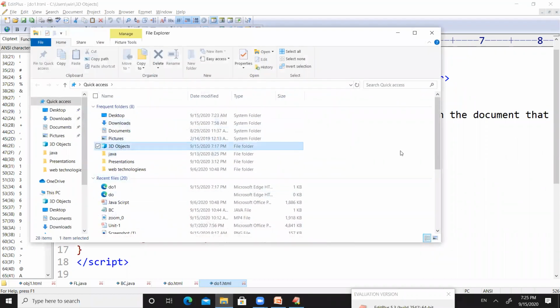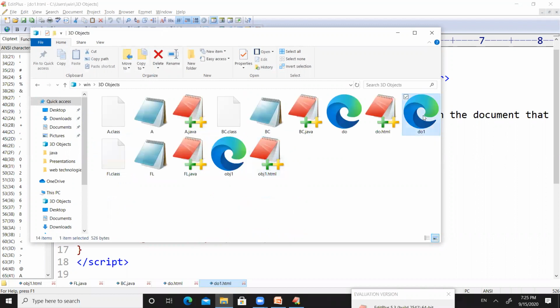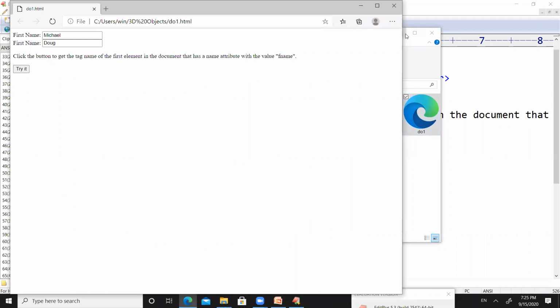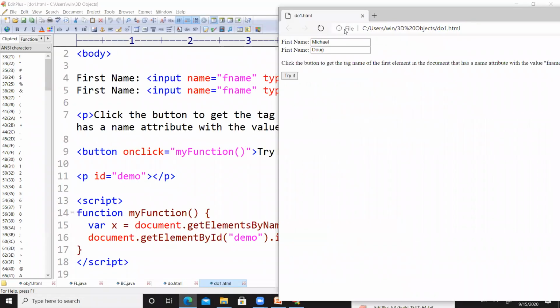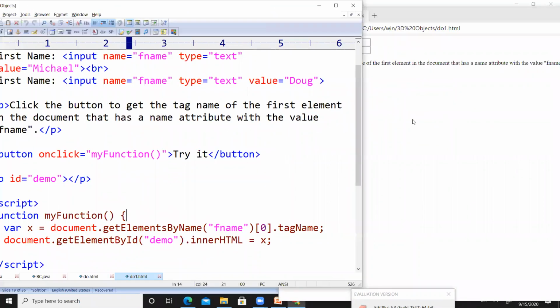This paragraph will be replaced when we click on this button, and in the white space, it will print, right? So let's save the code and run it.